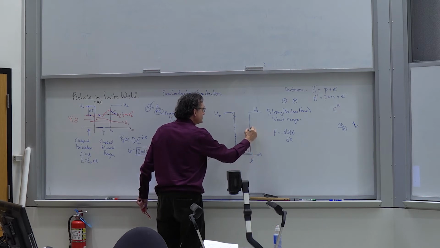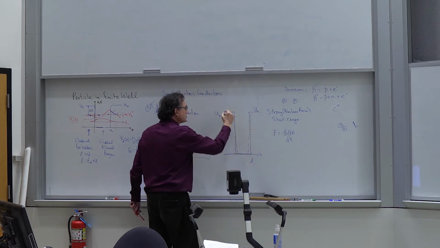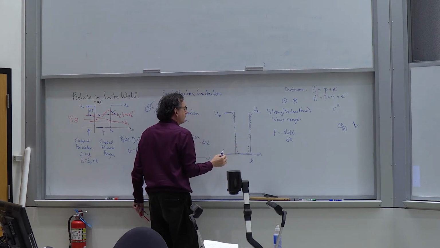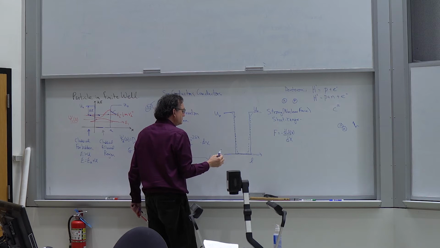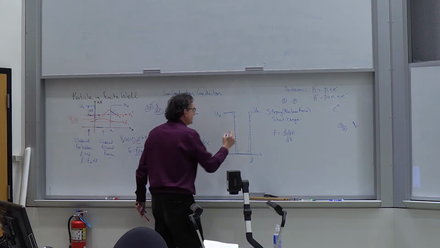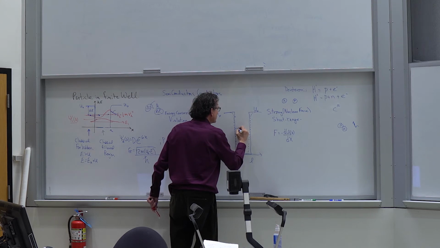Then what I would see is that the slope of this function is positive, and therefore the force is holding the particles radially inward from the edges of the box,